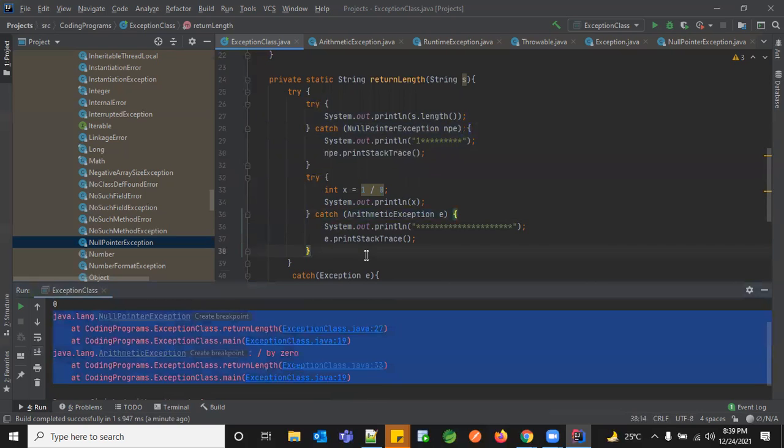So whenever you're writing a piece of code, you might not be sure that this piece of line will give you one kind of exception and another piece can give you a different kind of exception. But still, you don't want to interrupt the flow. Suppose you have a length and you're going to return this length, and you want to execute it. You can have n number of methods separately sliced. But what is the use of slicing it? In this case, I'm dependent on my S length value.